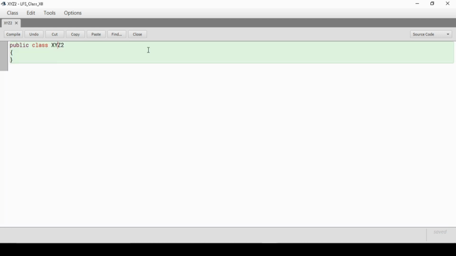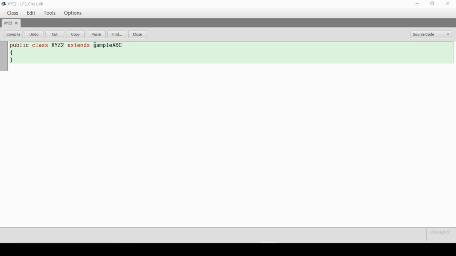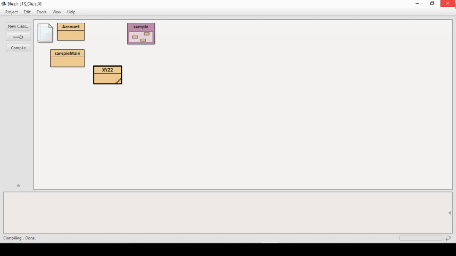If I inherit here with extends ABC, it will show me an error. We can pass the whole address as well. So sample.ABC, now it won't be an error. So ABC is inherited now, and now let's create an object of XYZ2 and see.